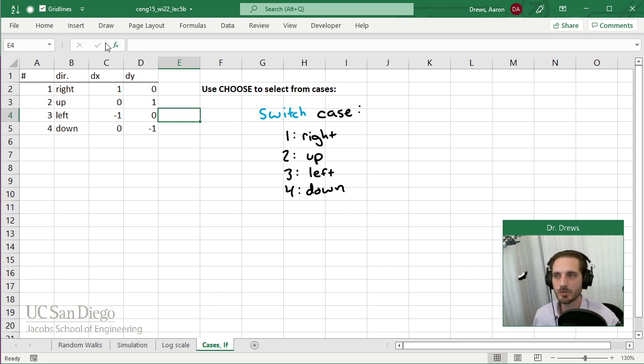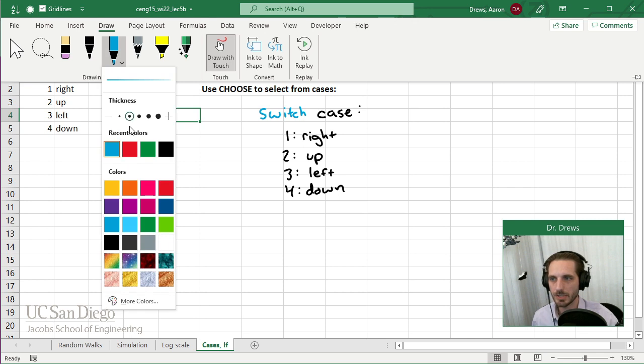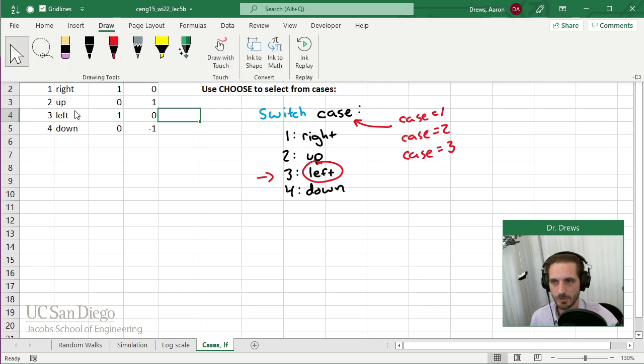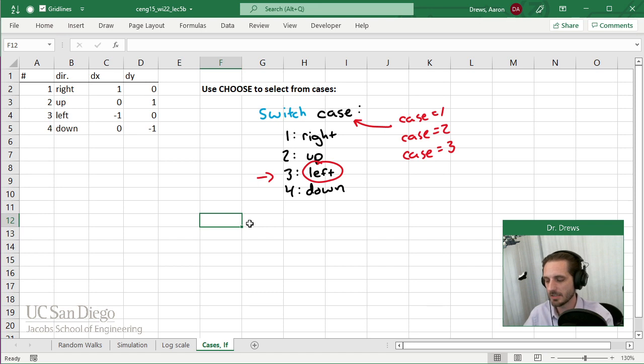But at any rate, we are going to input a number, right? We're going to pick a number between 1, 2, 3, and 4. That is our case, right? Our case can be either equal to 1, or equal to 2, or equal to 3, etc. And then once we know 1, 2, 3, or 4, that's saying return the appropriate value. So if our case was 3, we want to return left. We already saw one way to do that with indexing, but there are other ways to do it with something like what we've got here, which is a switch statement, or using a choose function in Excel is what that's called. So the syntax to use that in Excel,